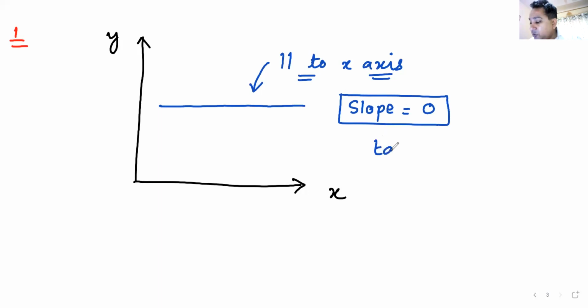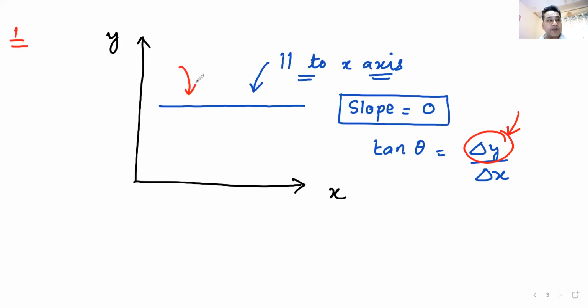If I had to find out the slope, we will find out tan theta, where theta is the angle it makes with the x-axis. That will be equal to delta y by delta x. Yes, Karthik, you are correct. Change in the value of y divided by change in the value of x. But you look closely here. Is the value of y changing? No. The value of y is not changing at all. So this delta y, change in the value of y, is 0. Do we understand this? There's no change in the value of y.